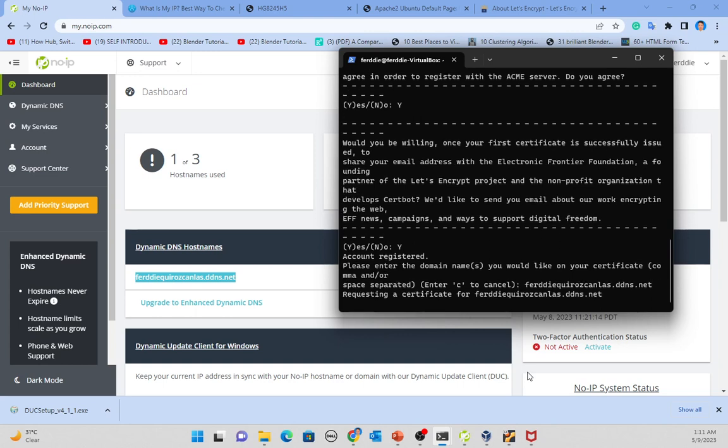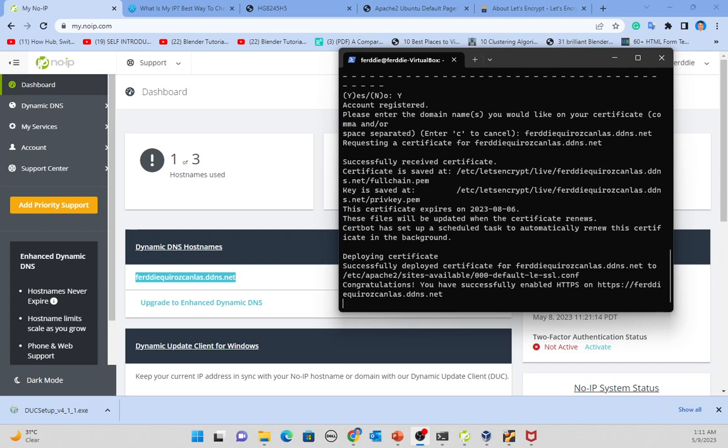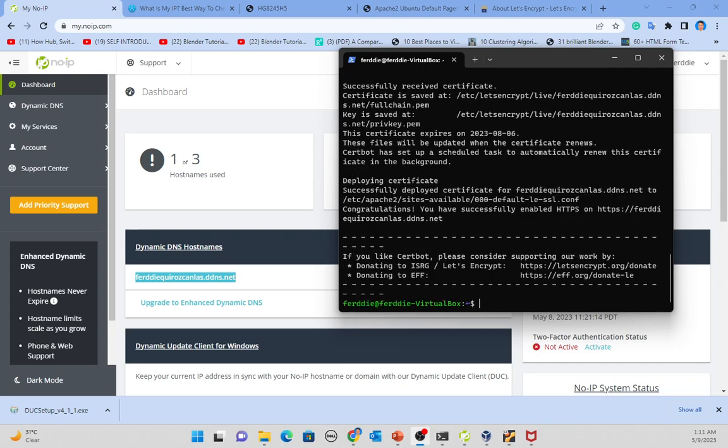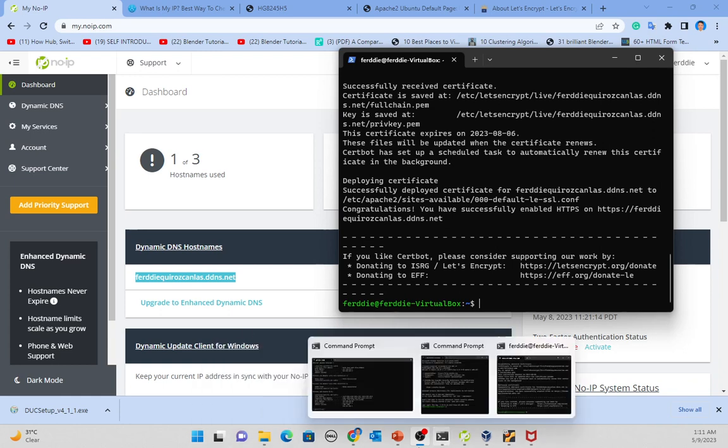Now it's requesting a certificate for our domain name. It will take a little bit of time. It is now deploying the certificate. Then it's done. We can now proceed to the next step,